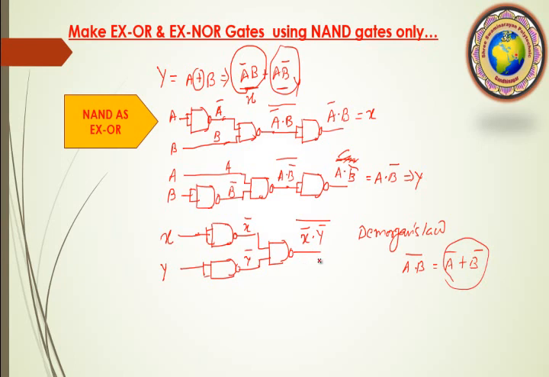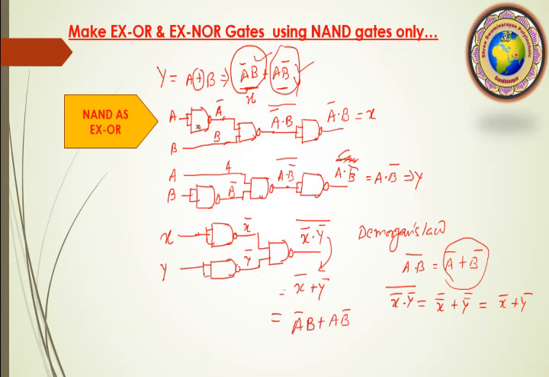So here I will apply it for (X bar dot Y bar) whole bar, then X bar bar plus Y bar bar, it means X bar plus Y bar. So here I write X bar plus Y bar. So this is our X and this is our Y. So implementing here, we get A bar B plus A B bar.